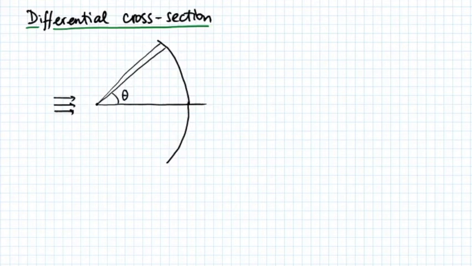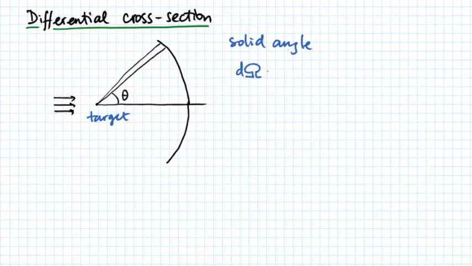Let's introduce the concept of differential cross-section. Consider the following scenario of scattering. The element of solid angle into which the scattering occurs is given by d omega, the element of the area divided by the radius squared. The element of the area defined on the sphere of radius r will be given by,